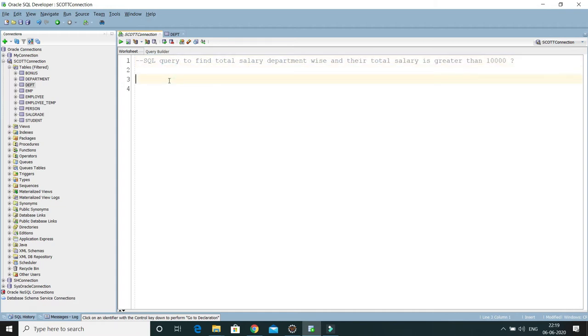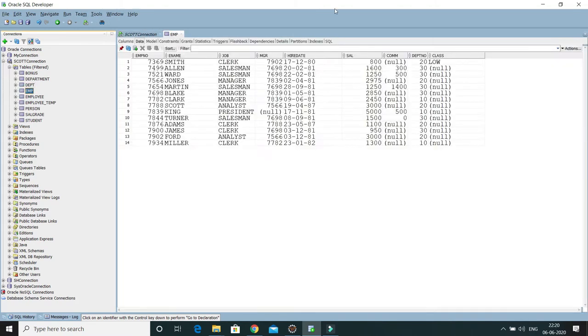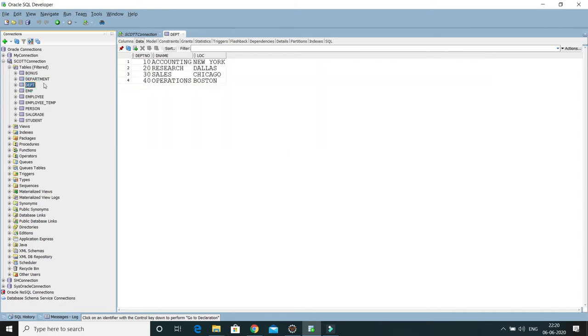So here I'm going to write a SQL query: select e.dept number. If you look in the employee table, we have a column like salary, SAL, and then department number. So these two pieces of information I would like to fetch from the EMP table. In the department DPT table, I want to get the D name.